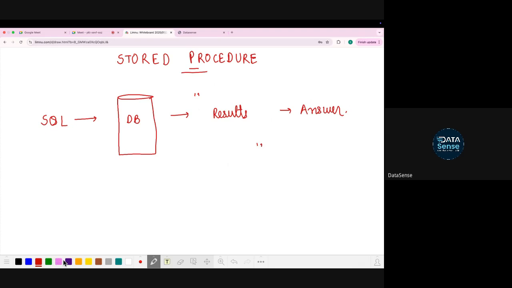Now this result which you have got is stored in a memory called cache memory. Does anyone know what cache memory is? Temporary memory, which is present in the system. This remains there unless you explicitly remove it. It remains in your session, for example. So this whole query which you extracted, the format of it will stay somewhere here.